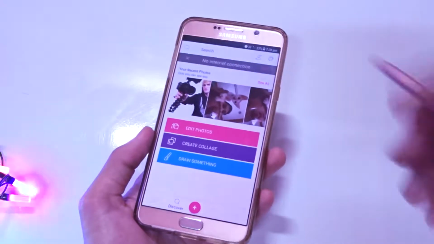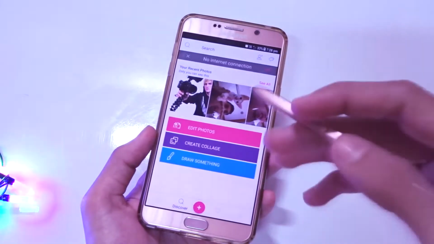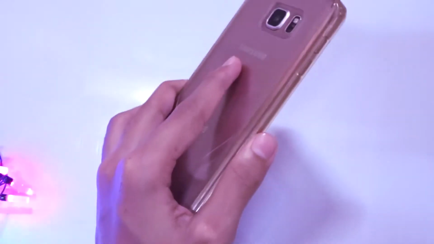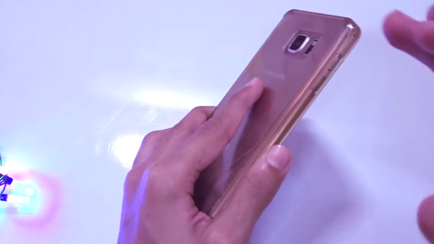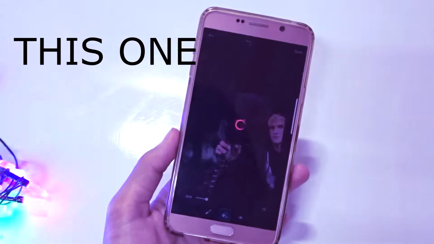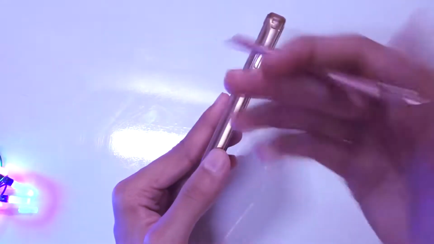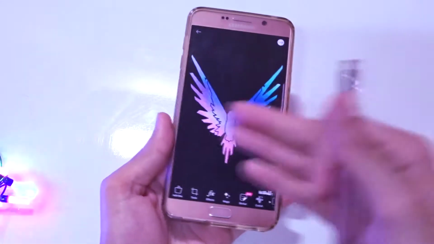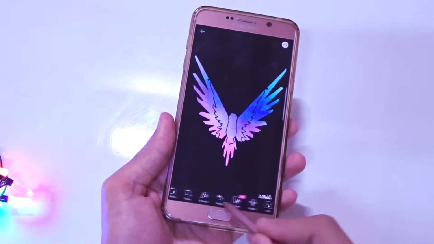So once that's done, go ahead and hit this add icon and hit on edit, and then select the background which you want to put to the back of the image which we cut out before. So just select the background, and I'm gonna quickly select the background what I want. So let's say I want this background, so I've selected it, and then you have to go and hit this